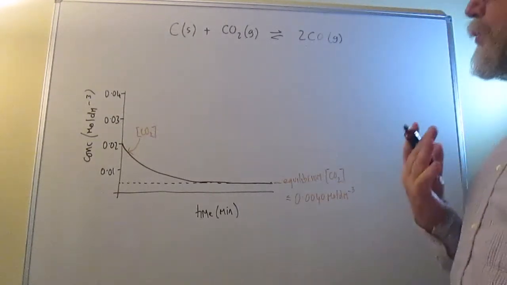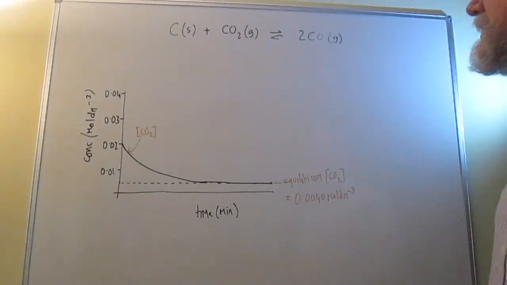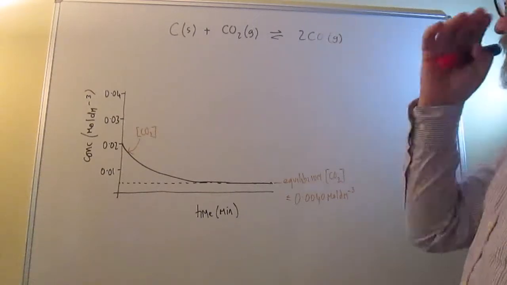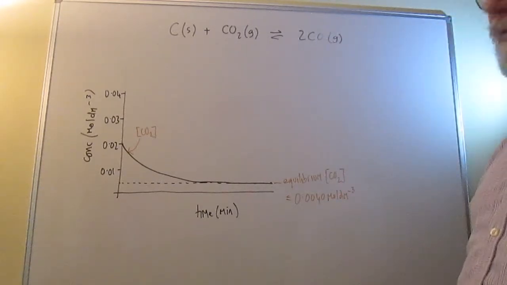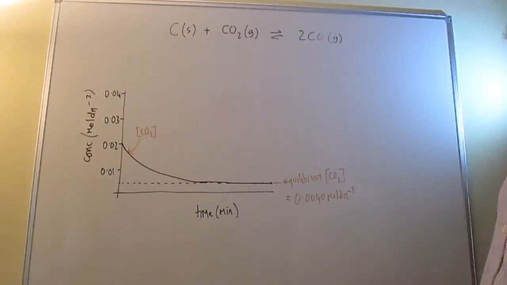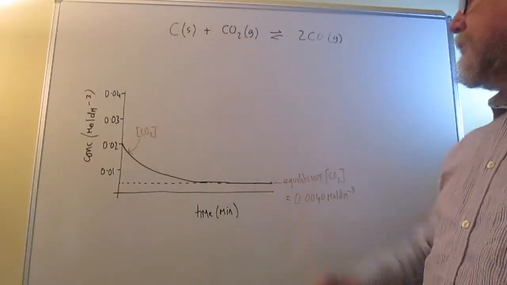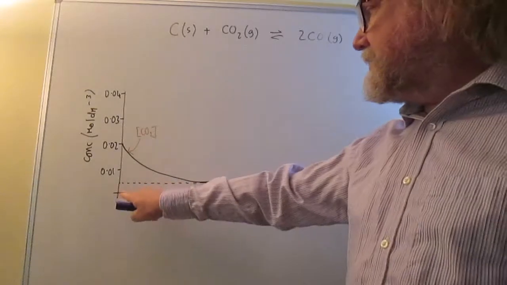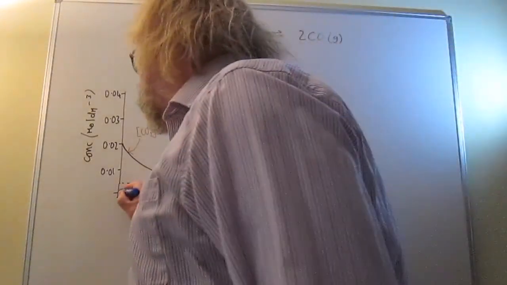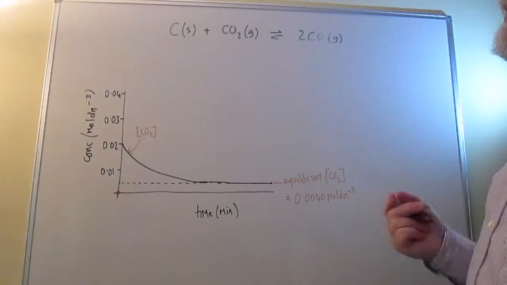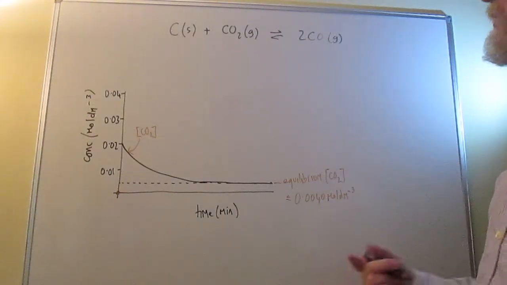So what it asks us to do first is to see if we can sketch on the graph what happens to the concentration of carbon monoxide during the reaction. Well, we know at the beginning there wasn't any, because it told us that in the mixture, all we had at the beginning was CO2. So our line is going to start at 0. Okay, so we know it's going to start there because it tells us that there wasn't any CO at the beginning. And then we just do the same kind of calculation that we did with the table in question 1